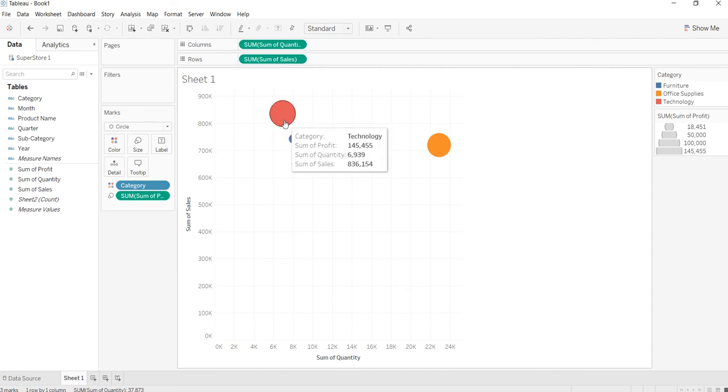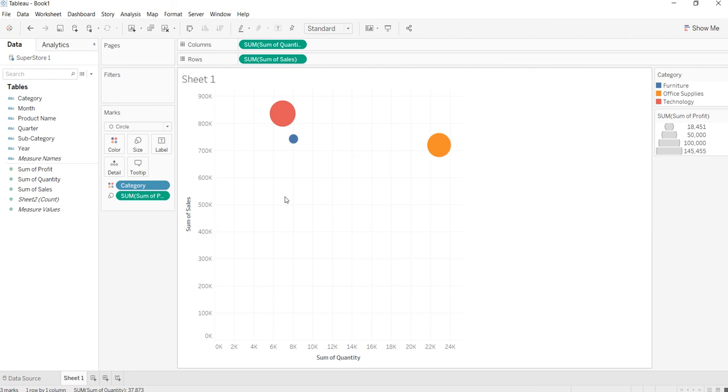So for technology, the profit is maximum and the size of the mark is also big as compared to the furniture as well as office supplies. So this is a very intuitive way of making sure that you have different measures or different KPIs on your view. And right now we have the original graph that was created using sum of quantity and sum of sales, which is sort of a two-dimensional view.